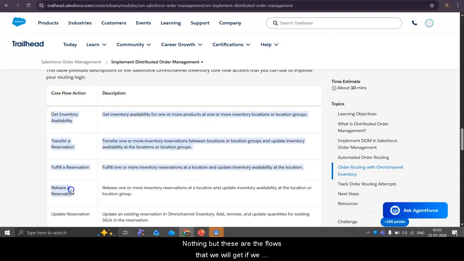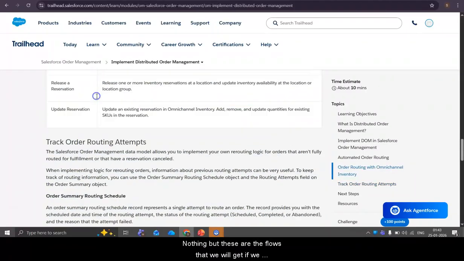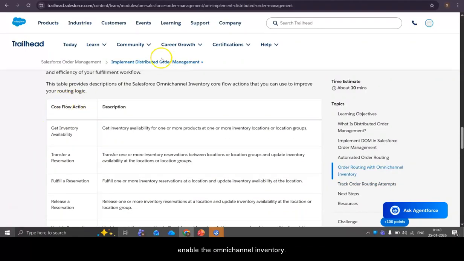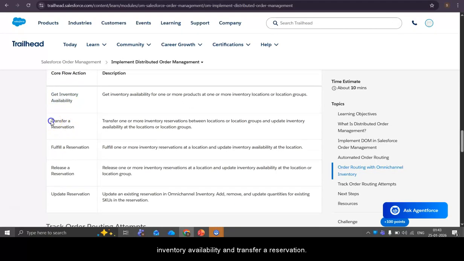Okay, so here we have some of the core flow actions. These are the flows that we get if we enable omni-channel inventory. Get inventory availability, we can use this flow to check the inventory availability. Transfer reservation, we can use to transfer the reservation from one location to another.